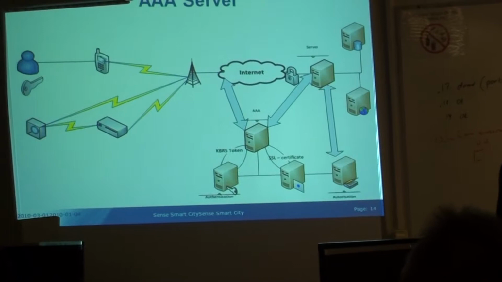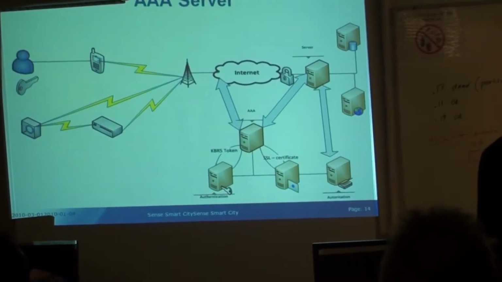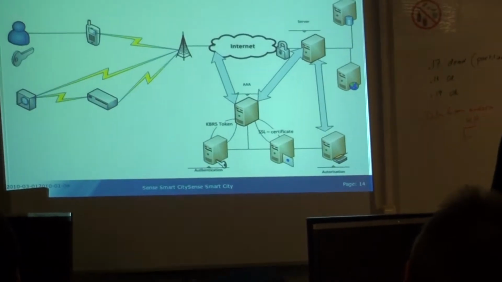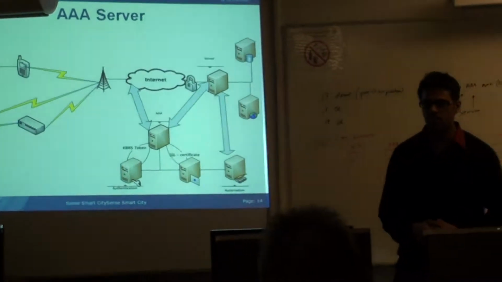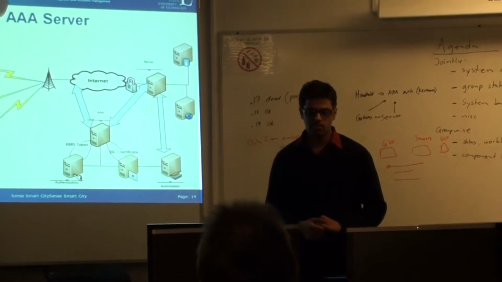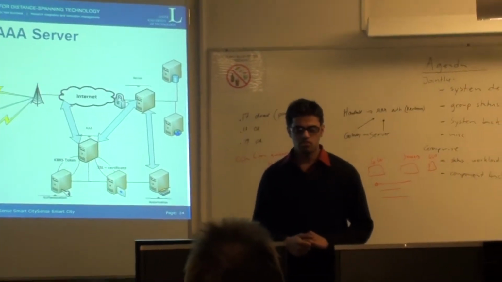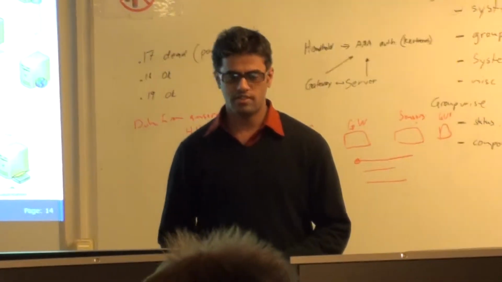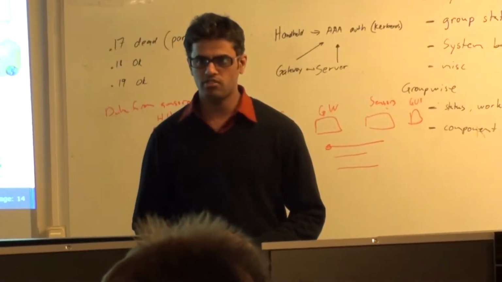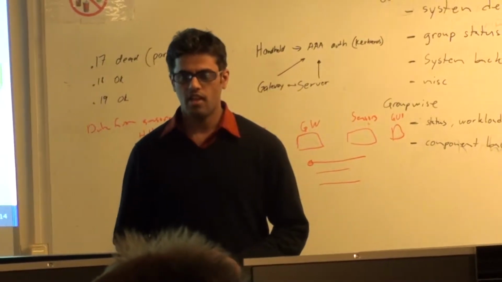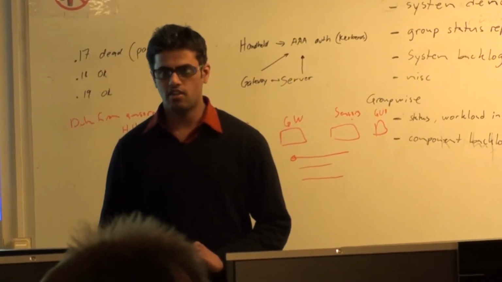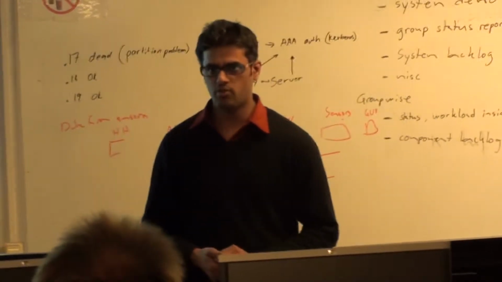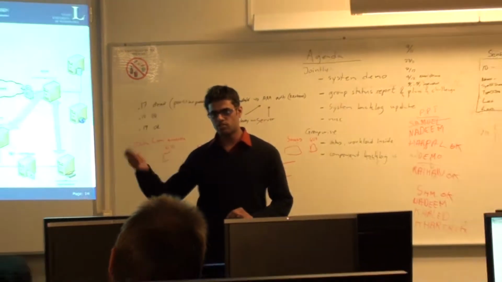But before that, the communication happens over a secure channel, SSL, and we also make use of facilities like Kerberos and basic authentication for the handheld. The Kerberos takes care of the gateway here. If you take a general scenario, the gateway first makes an HTTP request to the server, and then the AAA server listens to this request and gives a token to the gateway, and it also gives a token to the server.